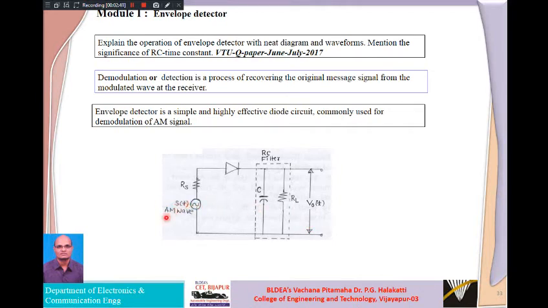So the AM, amplitude modulated signal, not M of T or C of T, we are applying. Now we are discussing this circuit at the receiver side. At the receiver side we are getting the amplitude modulated signal, connected in series with some resistance in order to take care of any large current suddenly coming into the circuit and to protect your switching diode and RC filter. Here the diode is acting like a switching device. So let us see how to explain this.